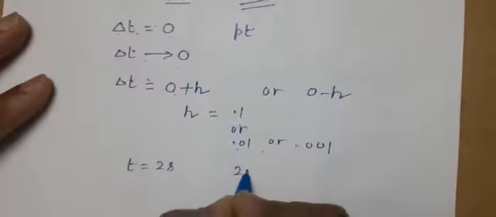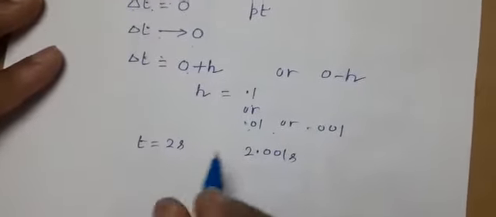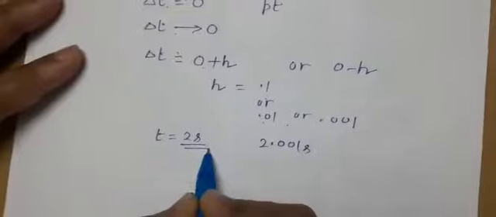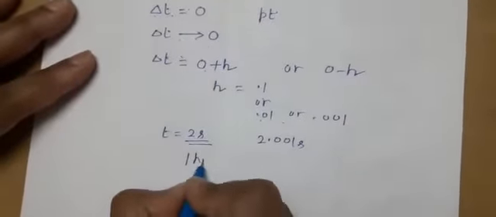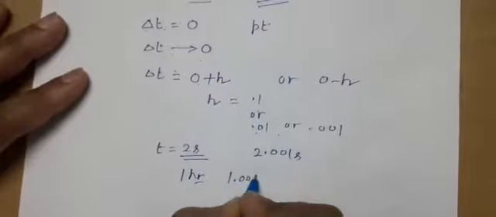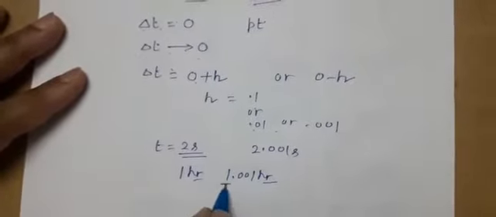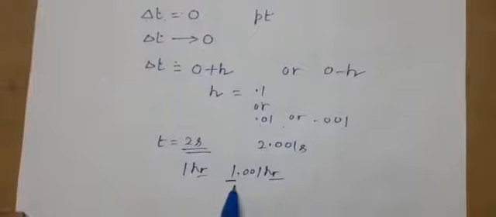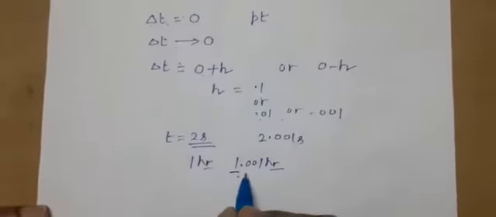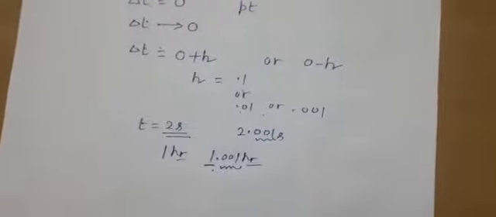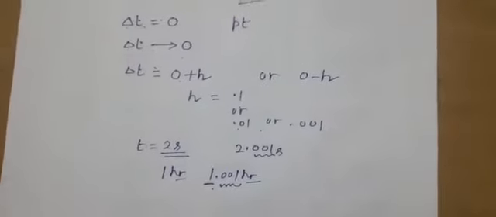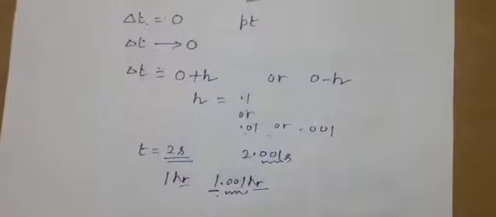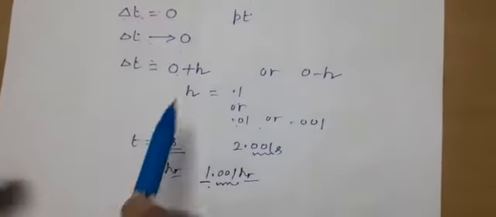Suppose you are taking a time of 2 seconds, and you have to consider a time of 2.001 seconds. What will you take? You will simply take a time of 2 seconds. Or if a time of 1 hour is given and you have to take a time of 1.001 hours, it means you are taking the time of 1 hour itself. So it is clear from these figures that this fractional value is negligibly small. We ignore it for the calculation, but exactly when we take 2 points very close to each other, the difference of time is not exactly 0, but it is tending to 0.